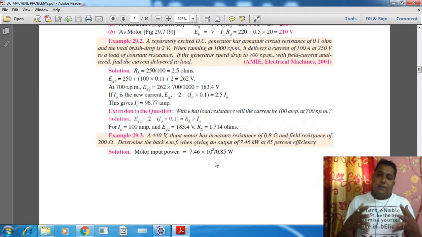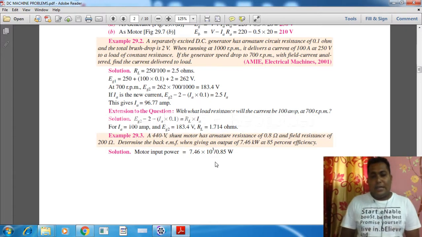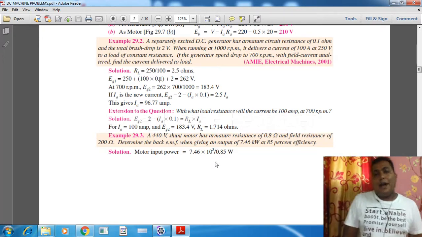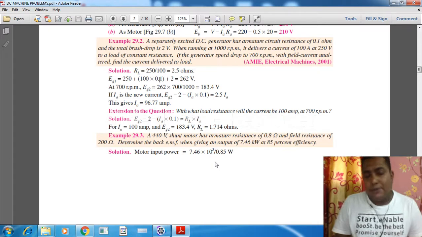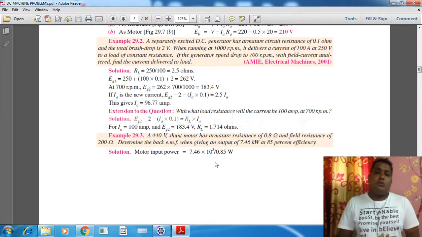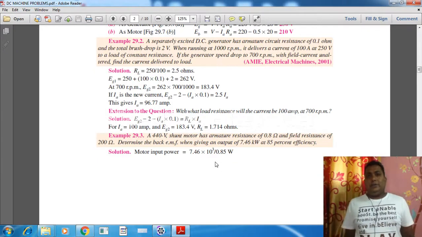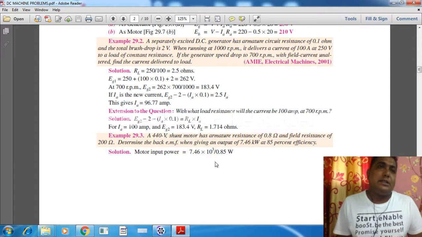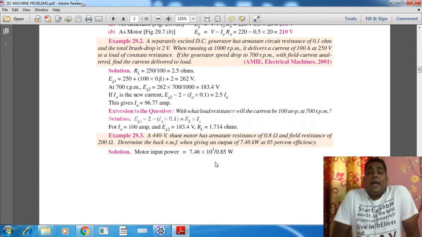So what values are given? The voltage is 440 volt. Ra is 0.8 ohm, and Rsh, the field resistance, is 200 ohm. And it is told that the motor output, the energy at the mechanical end, is 7.46 kilowatt